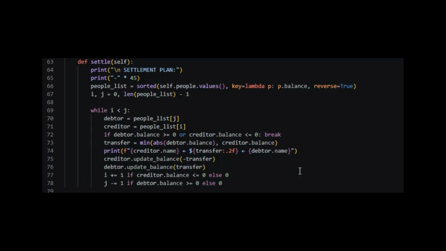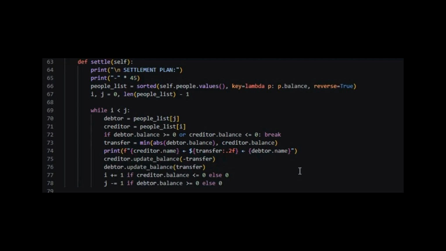One pointer tracks creditors while the other tracks debtors. The minimum possible transfer amount is calculated to avoid unnecessary transactions. After the transfer, balances are updated until all debts are settled.